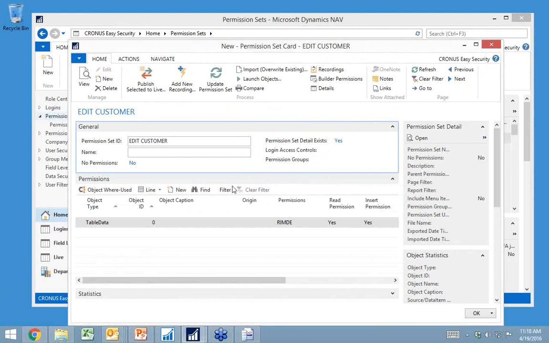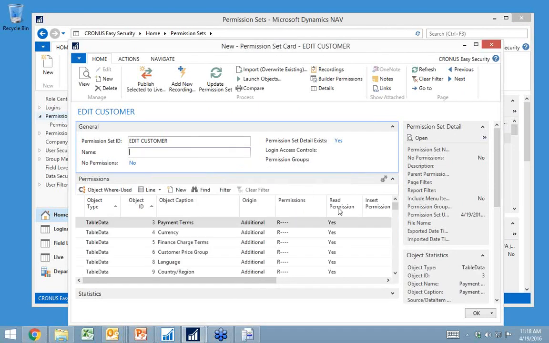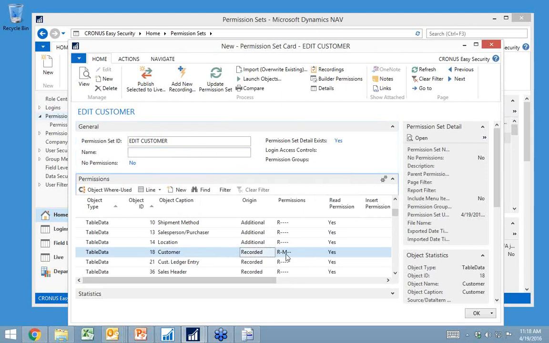As I add my permission set with these 48 from my recording, my permission set now gets 107. And this one is really a key feature. When I recorded something, I only had the absolute necessary permissions, like my record modify on the customer. If I need to modify the customer, I need to be able to look up the location, salesperson, shipment method, and so on. And all those things are actually being added in here automatically.